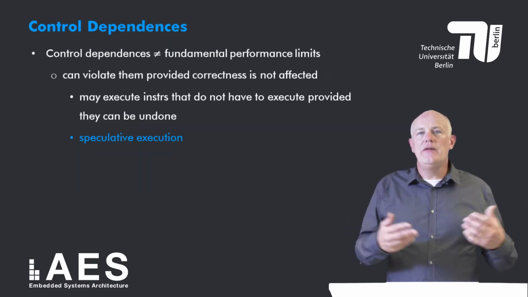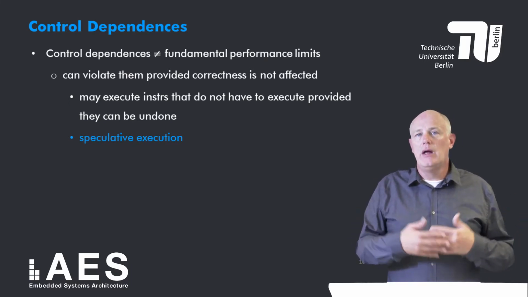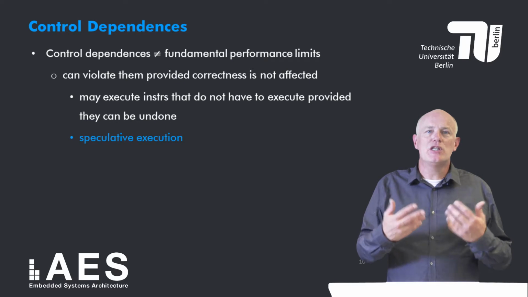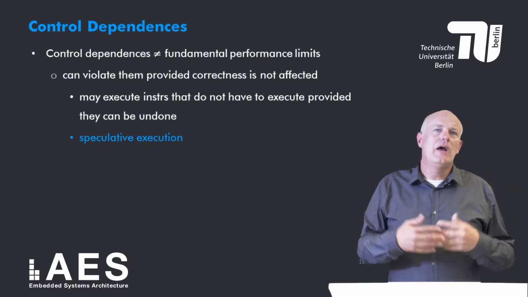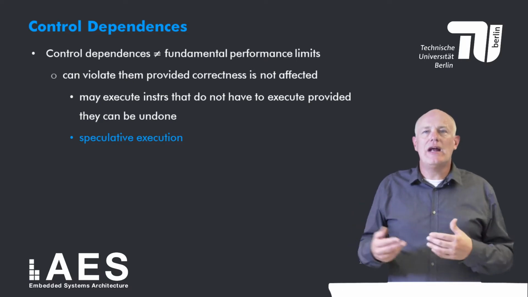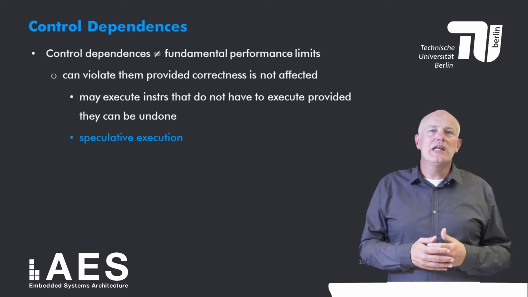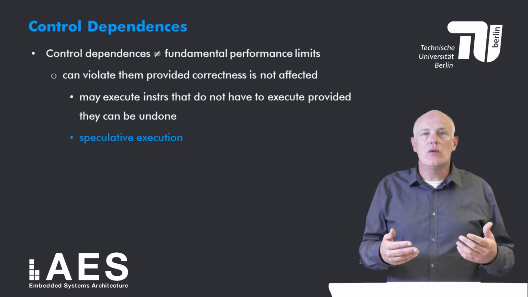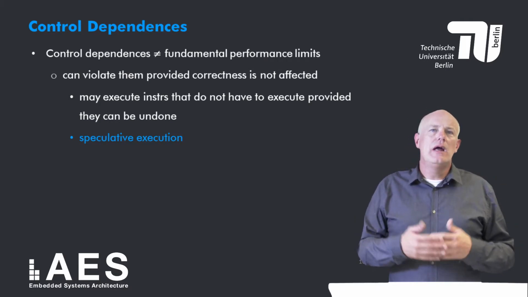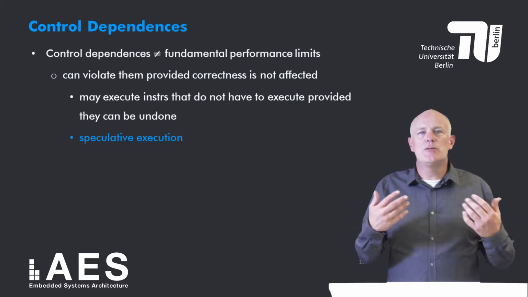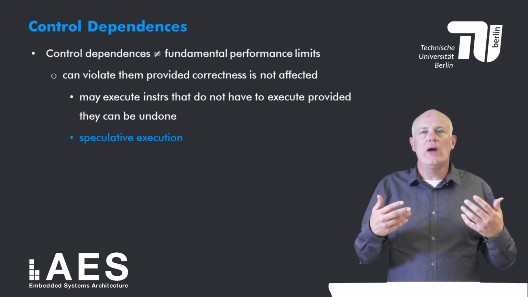The example on the previous slide shows that control dependencies are not critical program properties that must be preserved and therefore are not fundamental performance limits. We may violate them provided the correctness of the program is not affected. In other words, we may execute instructions that do not have to be executed, provided they do not do something that is irrevocable. This is the fundamental idea behind speculative execution, where instructions are executed before knowing if they should